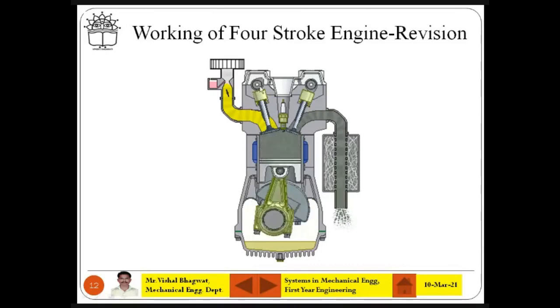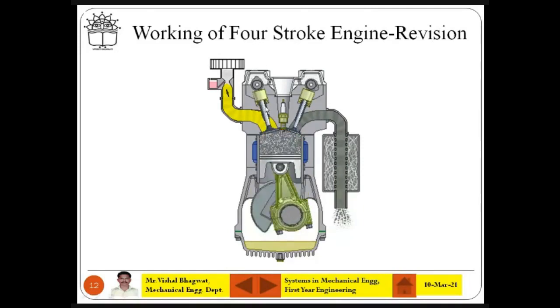As it rotates and as its profile is different, you can see the valve getting pushed inside or downward, and at that time whatever charge is there comes in. If it is an SI engine, that is a spark ignition engine, then it is the case of a petrol engine. So the charge, meaning the petrol plus air mixture, is coming inside through the inlet valve. The inlet valve is open and the piston is going down, so it is the suction stroke or intake stroke.